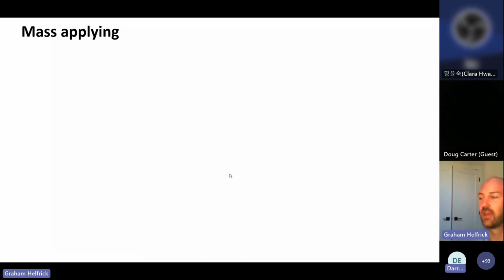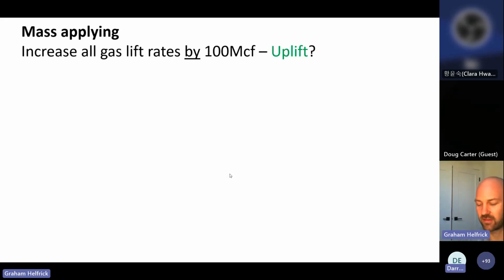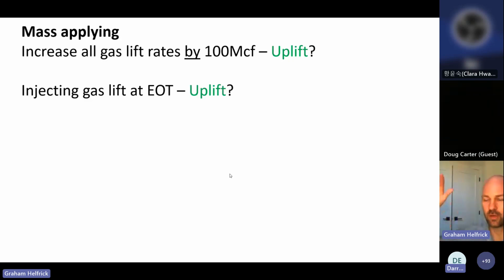There are a lot of other sensitivities we would want to consider for the same sort of ranking. Instead of just moving them all up to their max rate, what if we mass applied a gas lift rate of 100 MCF? What if we increased all the gas lift rates by 100 MCF? What would be the liquid rate uplift for all the wells at once? Or what if the valve that is being injected differs among all the wells? What if we were to go to poor boy gas lift all of a sudden on all the wells? What would the uplift be on a mass basis